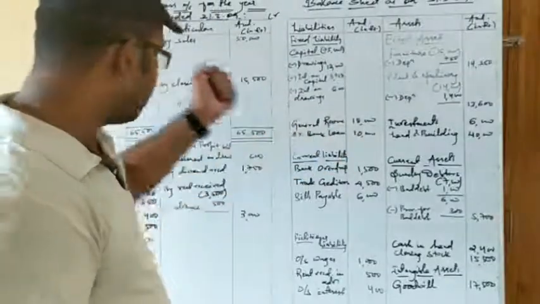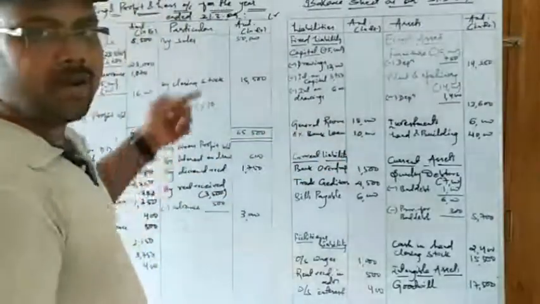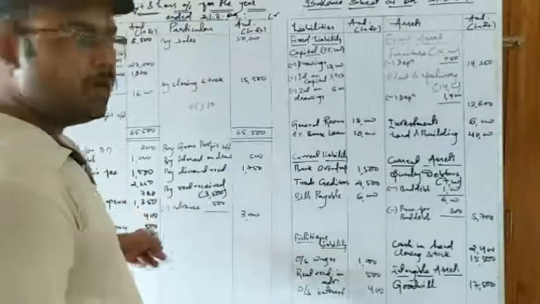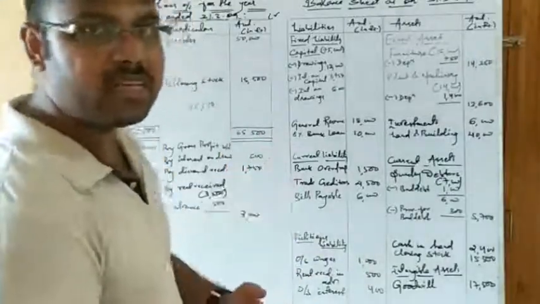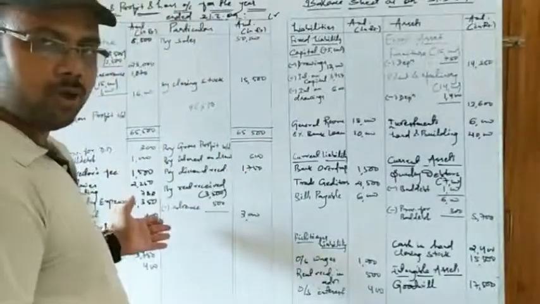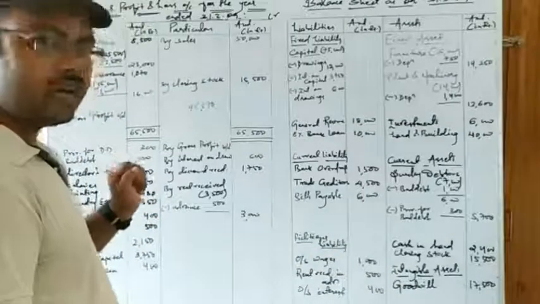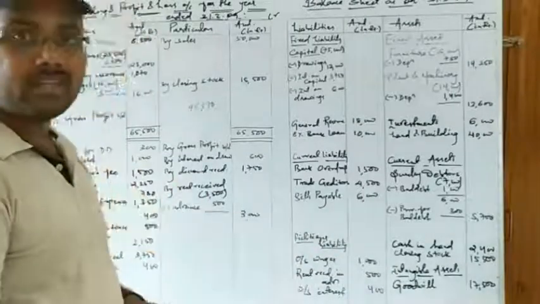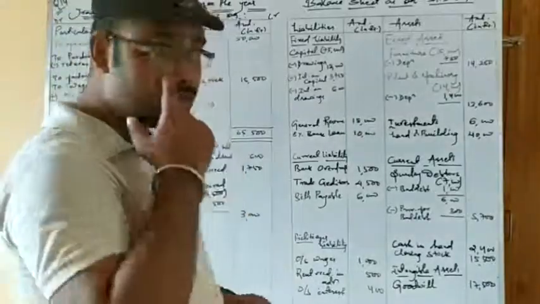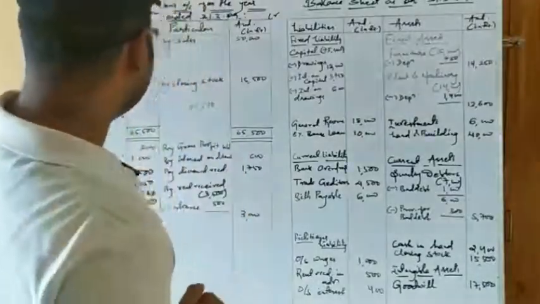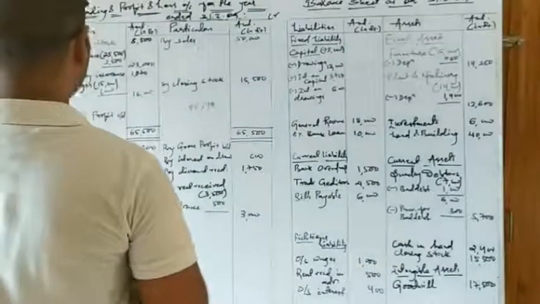800 is the expense, but the expense paid is 400. So this 400 will be added again, but since we have posted it by mistake earlier, we cannot erase it. So I have posted it again as outstanding interest on loan, 400. Now here also I have written in the liabilities, outstanding interest 400. Now the thing is, we have to solve the trading account properly.